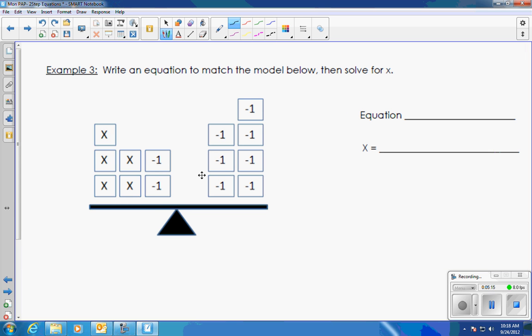On the next one, again, we can do this either way. Well, let's go ahead and model first. So we have 5x minus 2 equals negative 7. I have enough negatives on both sides that if I take off this negative and this negative, it doesn't make a difference. It's the same thing. Take off this negative, take off this negative, doesn't make a difference. Same thing. So what I've done,